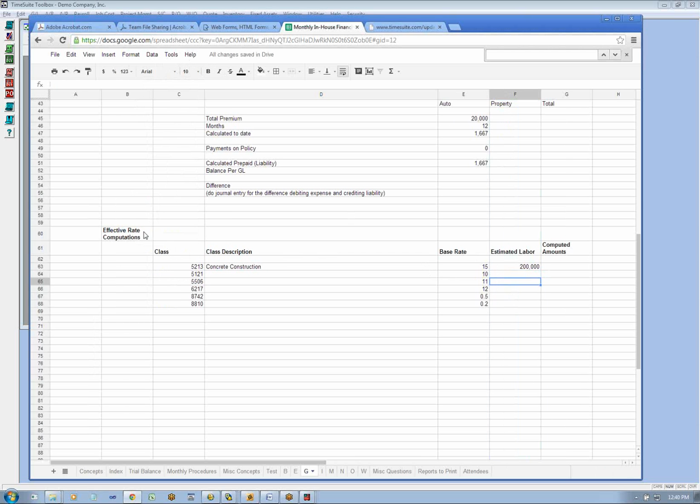By the way, your general liability insurance will be very similar. If you're a subcontractor, the difference between the two policies is that the rates are generally per 100 on workman's comp, and on general liability insurance they'll be per 1,000. So you have to do that jog in your computations.